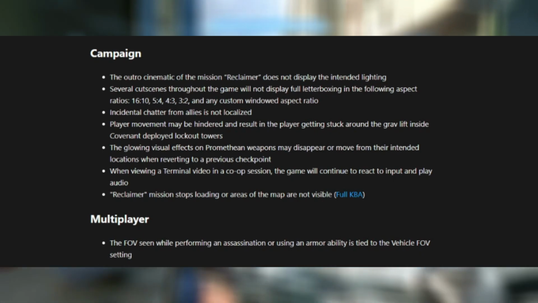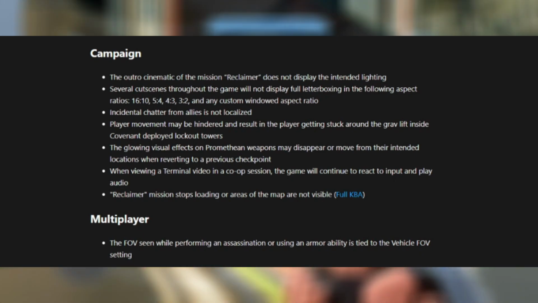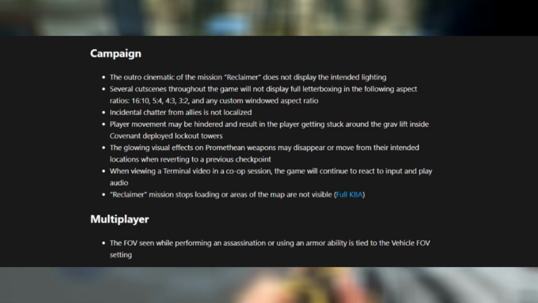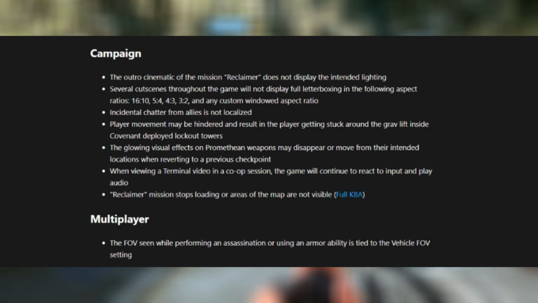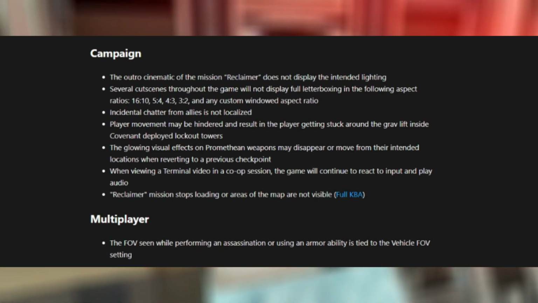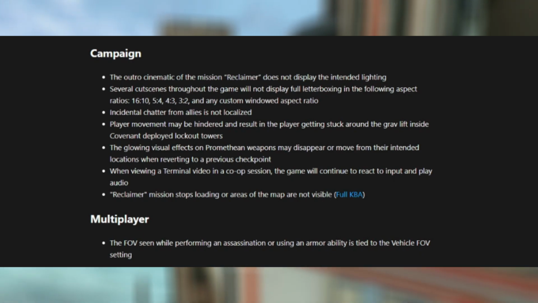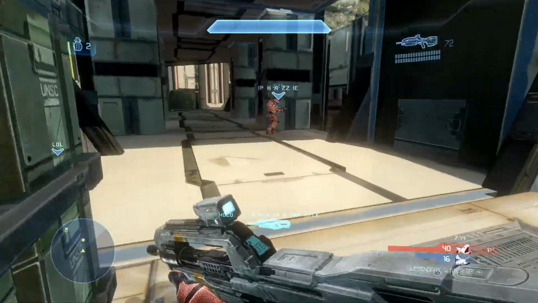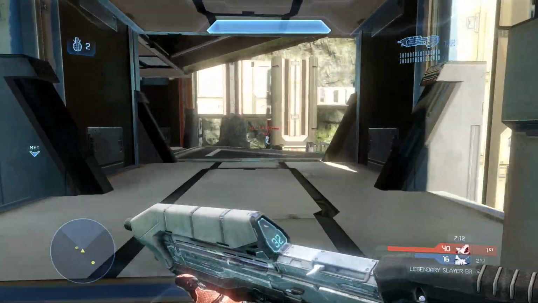The glowing visual effect on the Promethean weapons may disappear or move from their intended locations when reverting to a previous checkpoint. When viewing a terminal video in co-op sessions, the game will continue to react to input and play audio. The Reclaimer mission stops loading, or areas of the map are not visible with full keyboard and mouse. Now, when it comes to multiplayer, the field of view seen while